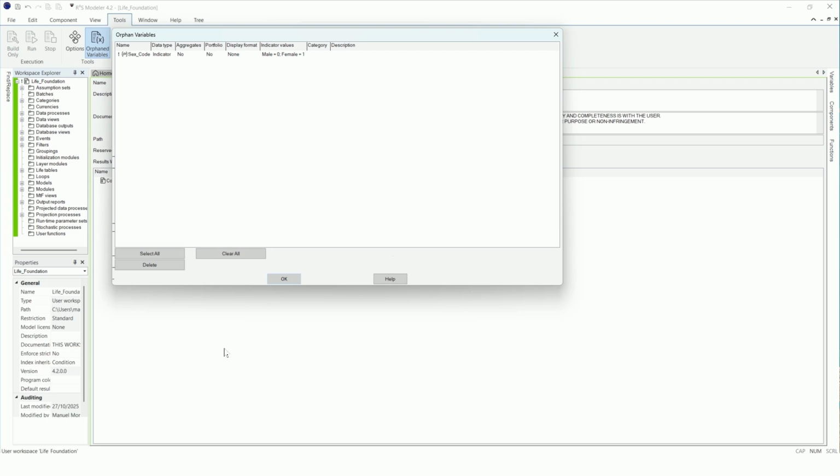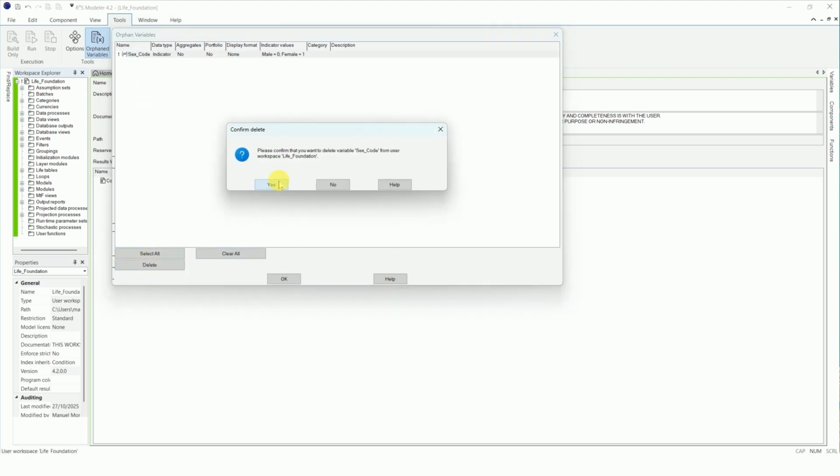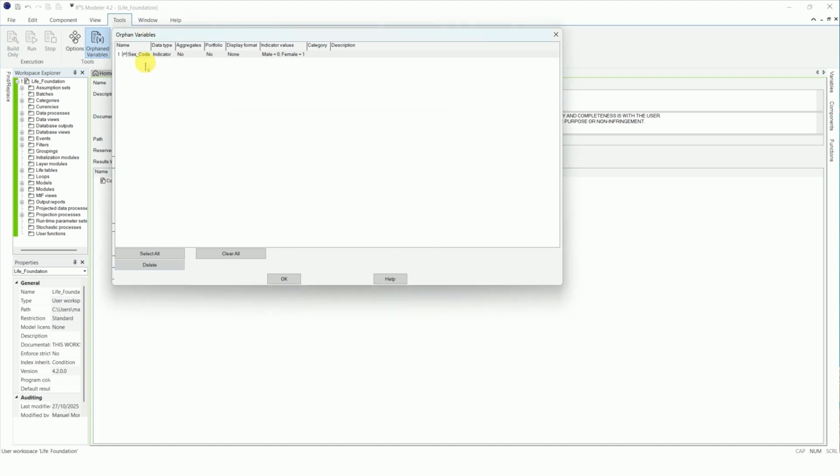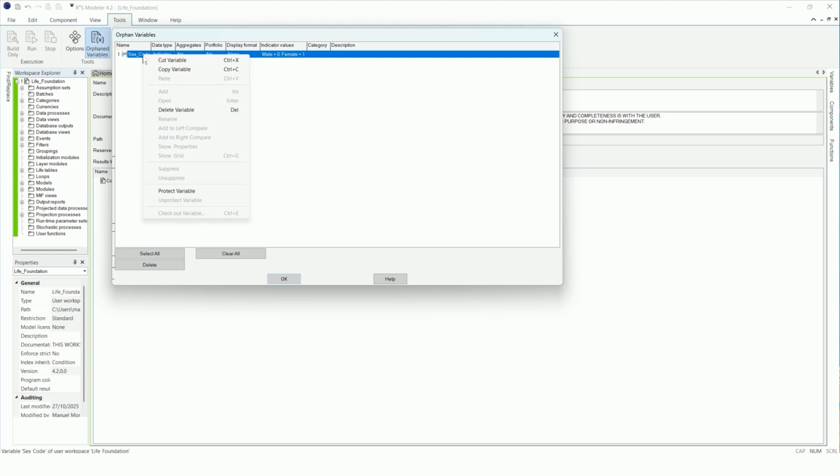Users have the option to select all variables, clear all variables, and delete all the selected orphan variables from the workspace. Within the Orphan Variables dialog box, variables can also be protected or unprotected by right-clicking them and selecting Protect Unprotect Variable.